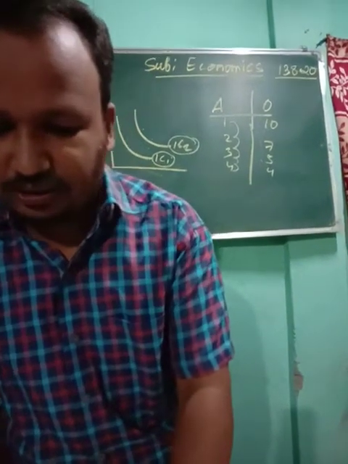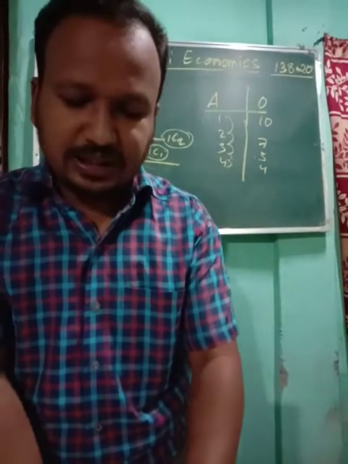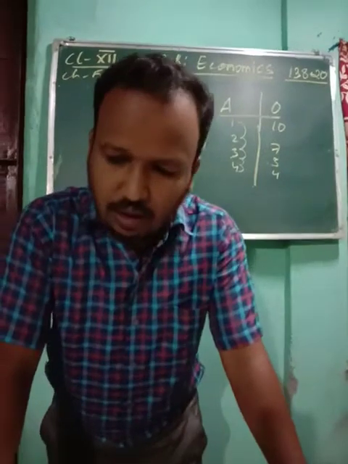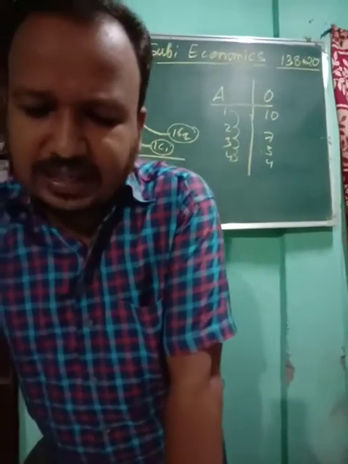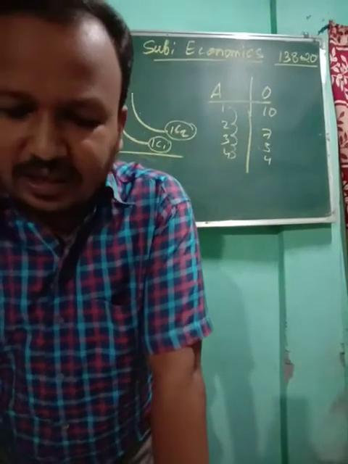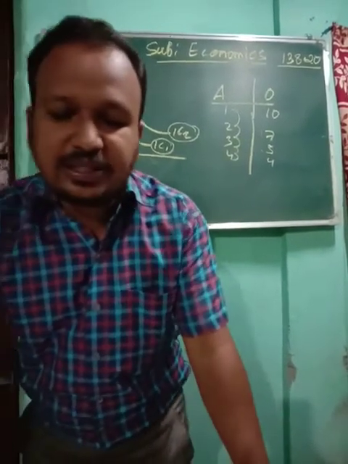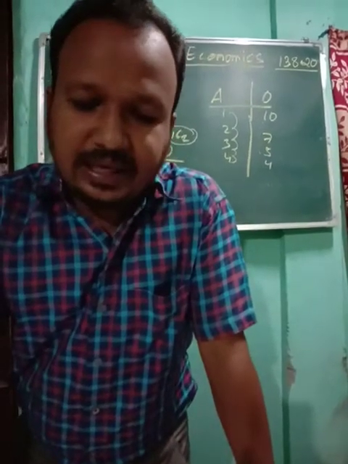Here, in this budget line also, only the definitions and the simple diagram are required. Now see what a budget line is. Different economists give different definitions of a budget line. A budget line shows the combinations of goods that can be purchased if the entire money income is spent.